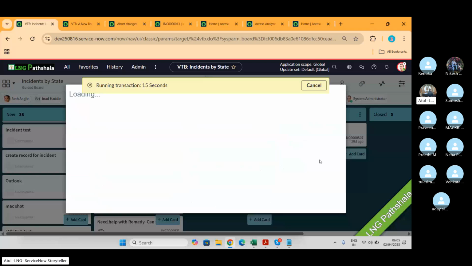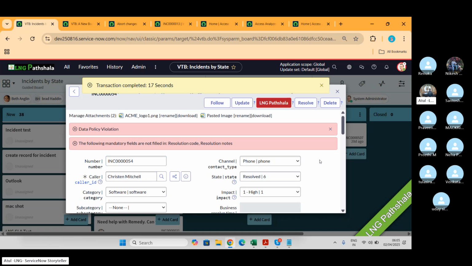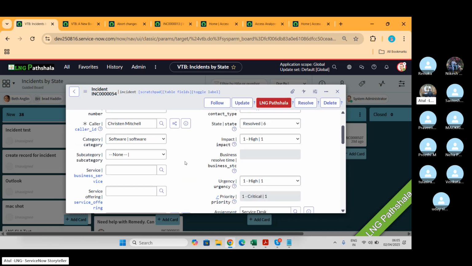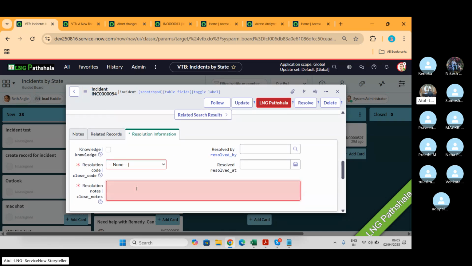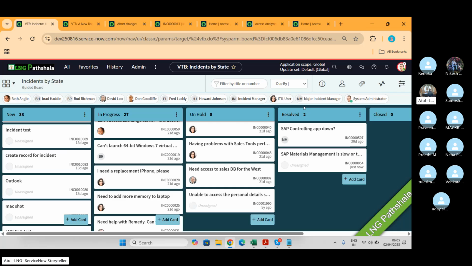And the good part is that if there is any dependency, it will show you a message here as well. Because you cannot move the incident to the resolve state. You have to put the details here. It's done. See, done. So this is all about our